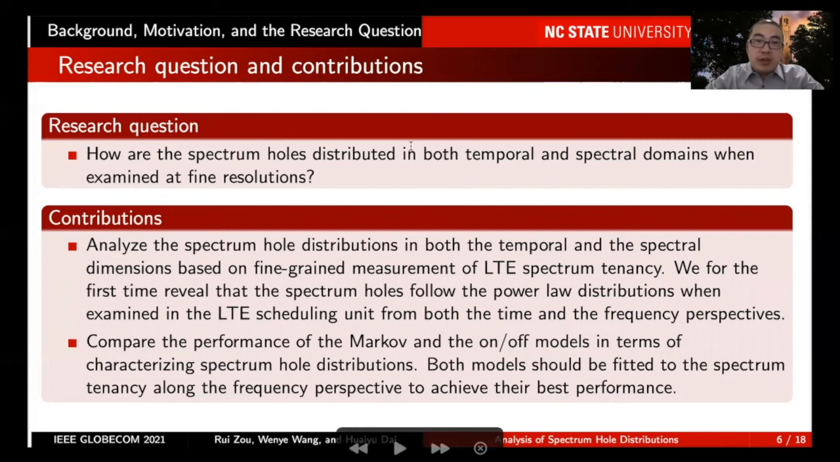The contributions are twofold. We, for the first time, discovered that the spectrum hole distributions are best captured by the power law in both temporal and spectral domains when examined in the same time-frequency granularity as scheduling. Second, we compared the Markov and the on-off spectrum tenancy models when they are fitted along the time and the frequency horizons. And we find that both models should be fitted in the spectral domain to achieve the best fitting